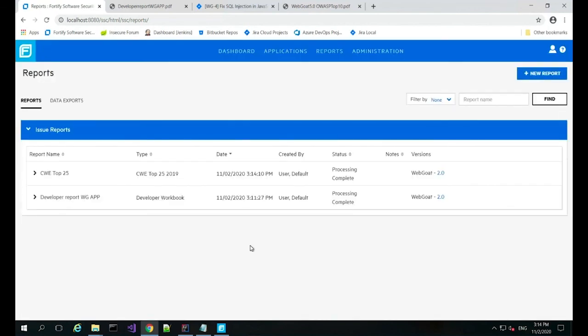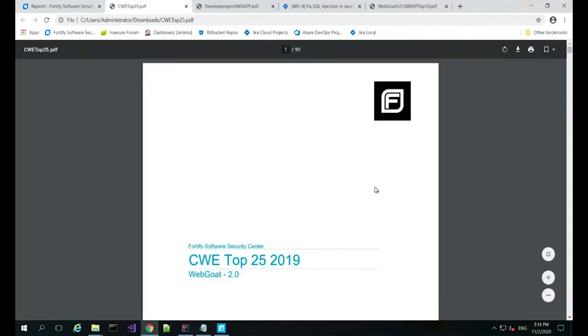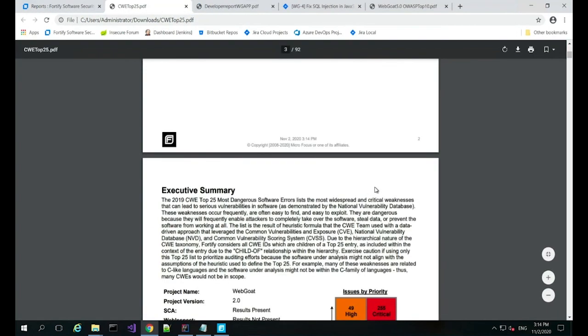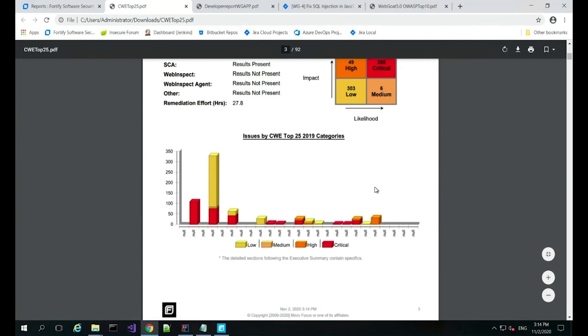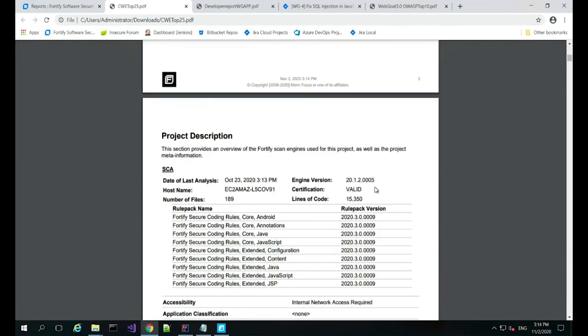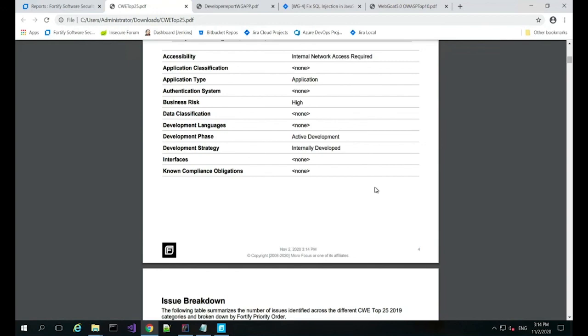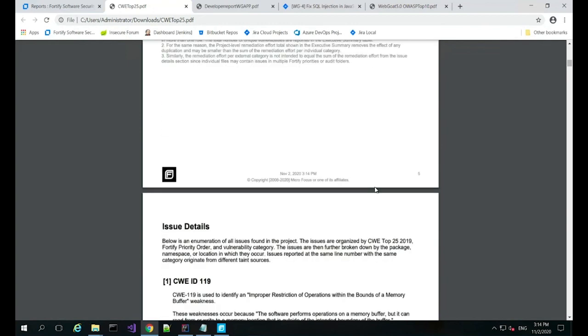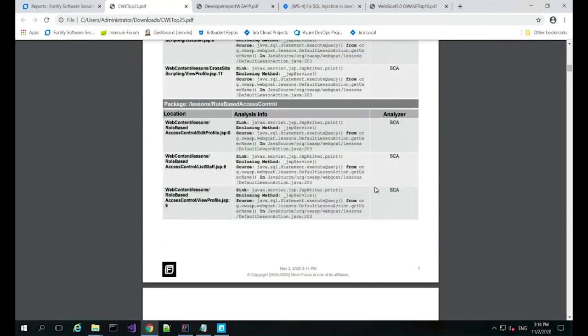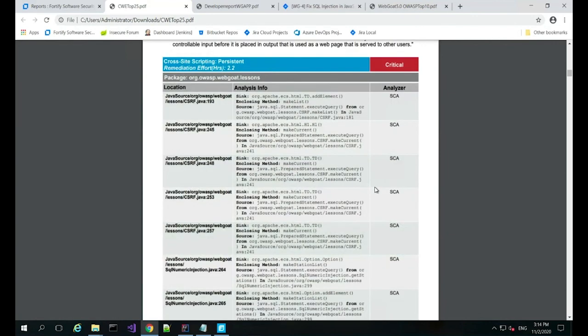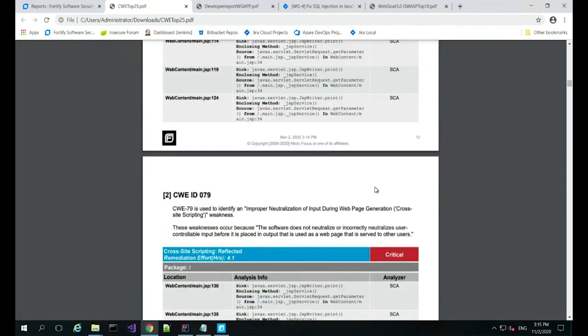Okay, so my report has been generated. If I go look at that one instead, okay, so you can see you can generate reports in all different types of ways, including Audit Workbench and SSC,